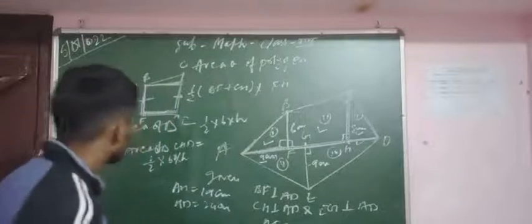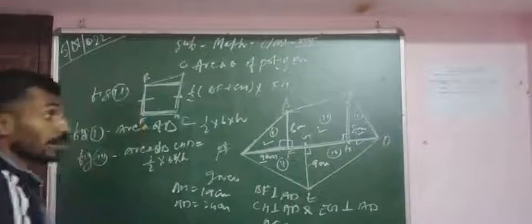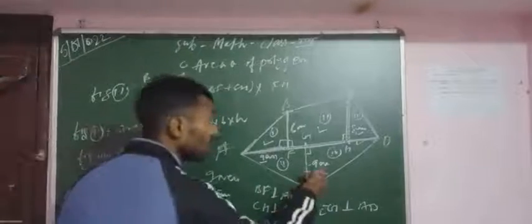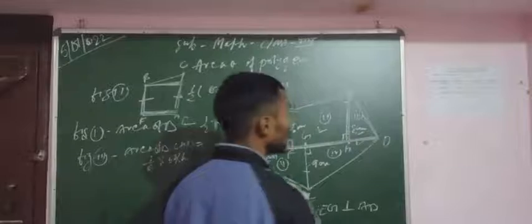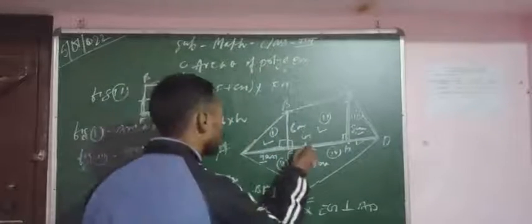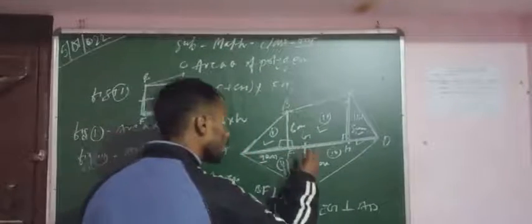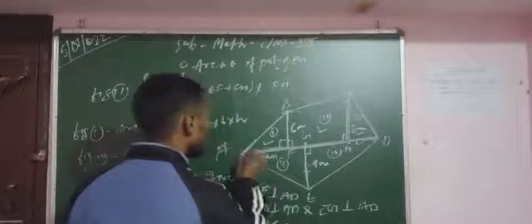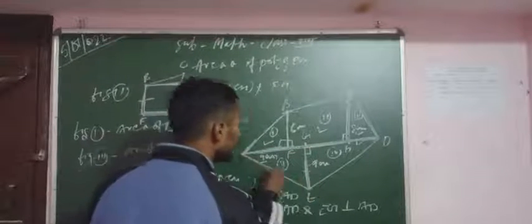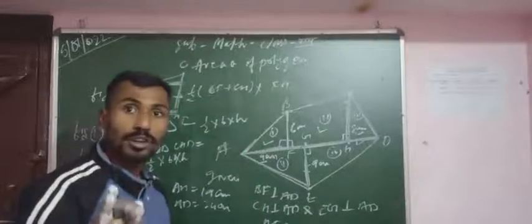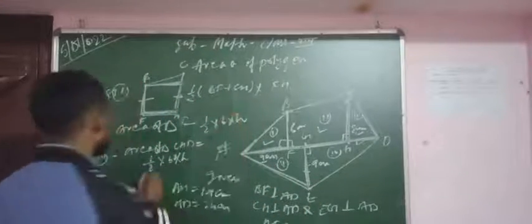Next, this one. It's the same thing. Height is given. It's a height and it's a base of the triangle. And for figure 5, it's a similar thing. It's a height and it's a base of the triangle, which is given in your question. Okay? If it's your homework, you have to calculate the area.